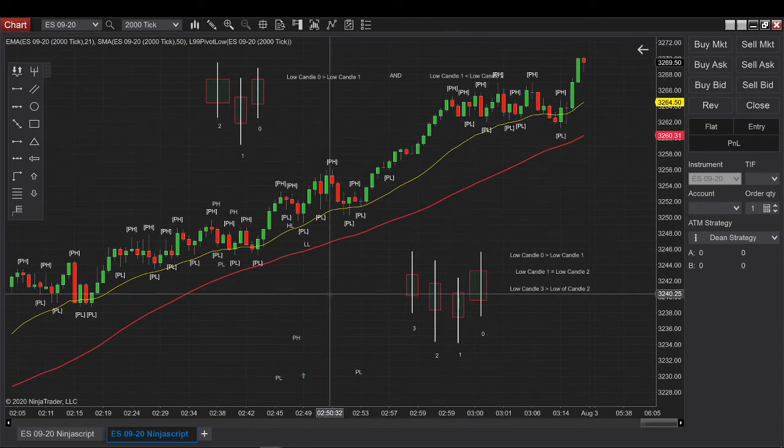Okay, so I need to be able to do this, because if I'm not able to do this, I cannot know how to reset a count. And this is the whole thing. When does a count reset? A count resets basically when you have a pivot low that is lower than the previous one. So I repeat, a count resets when you have a pivot low that is lower than the previous one.